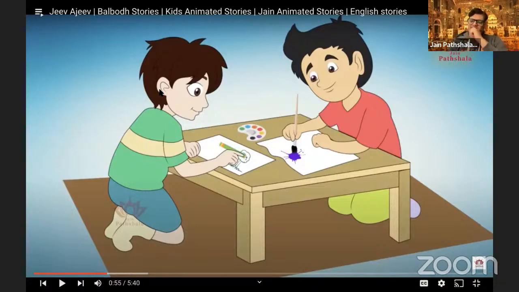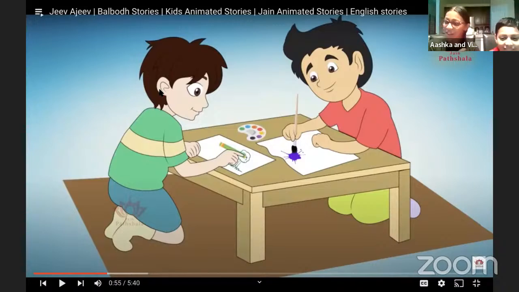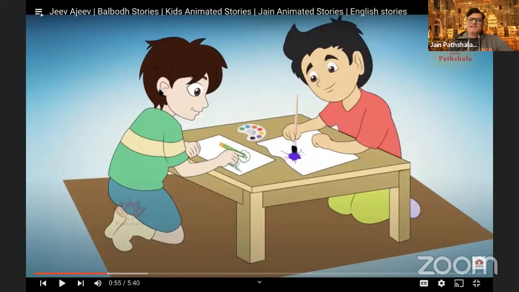Santa technically is real because it's just your parents. Good one. So Santa as a character is not living. You are right, Ashka. And Ishna is right in a more philosophical sense when she said Santa is real because that's your parents. So I like that answer as well. But you are right, Santa is not real. It's a made up character.